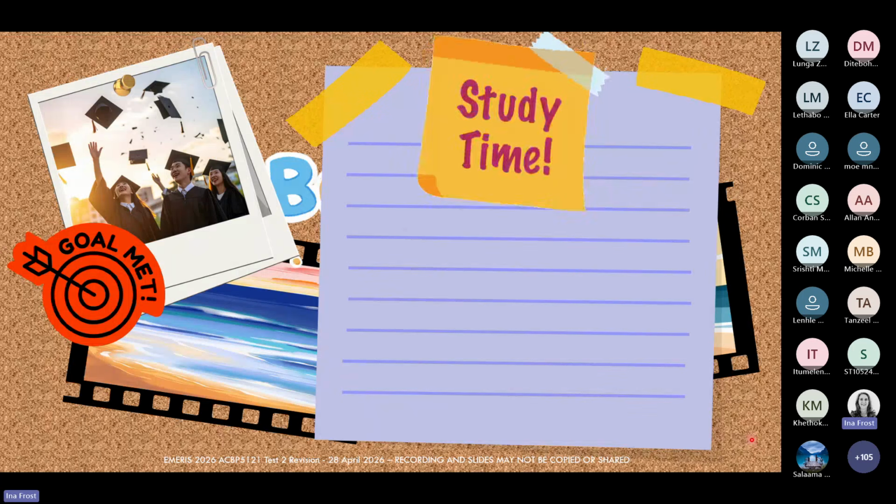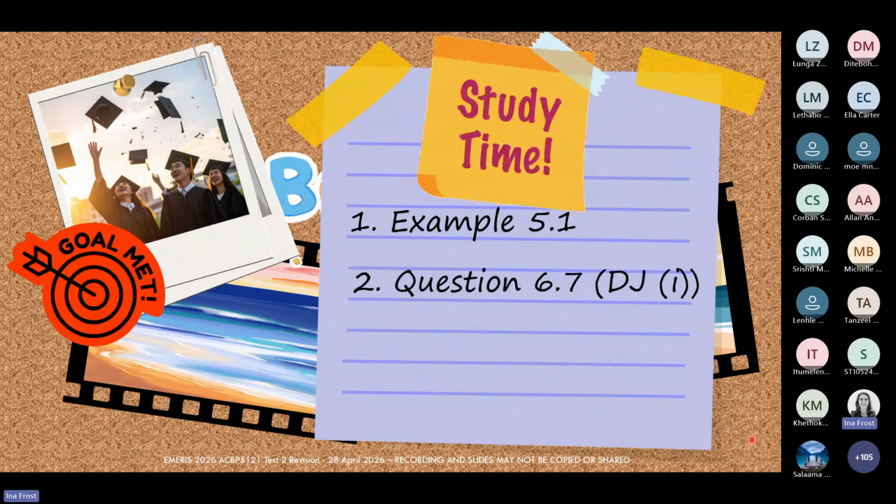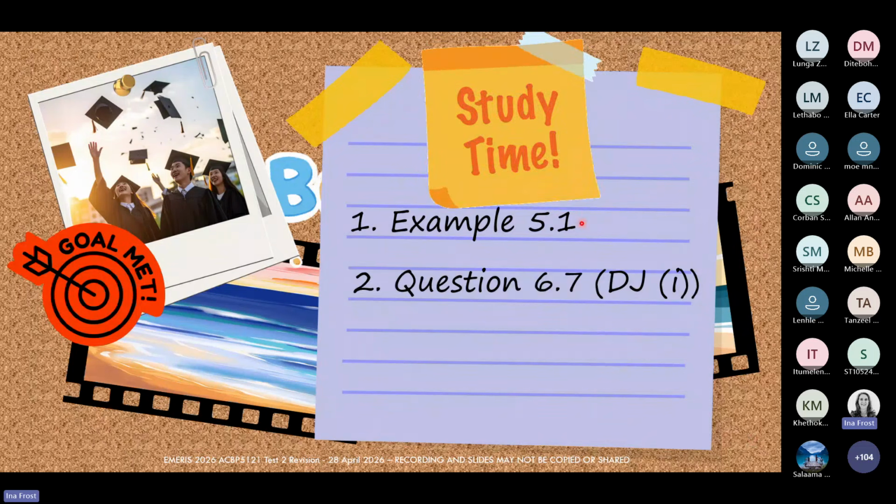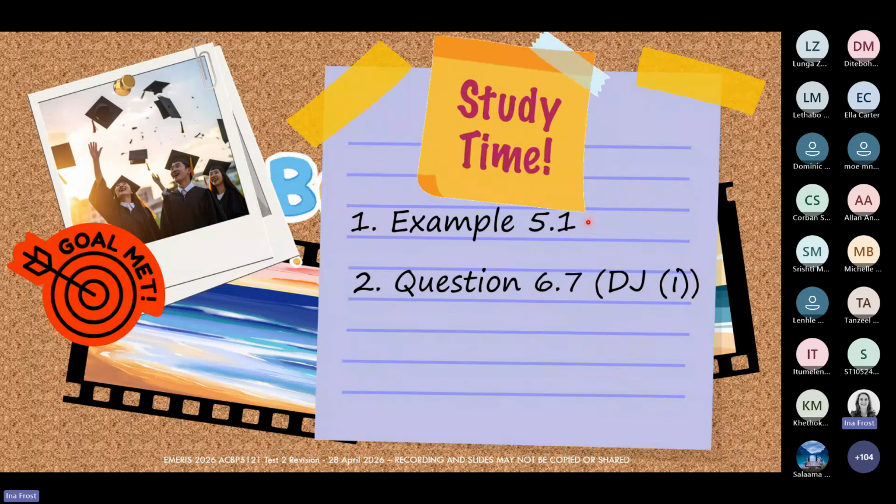If you want to practice debtors control, debtors allowances journal and debtors journal, there's again this example 5.1, which is such an excellent example. I would highly recommend that you all work through example 5.1 because this example shows you all the journals, all the general ledger accounts, including and up to a trial balance. So that is really an excellent example to work through.